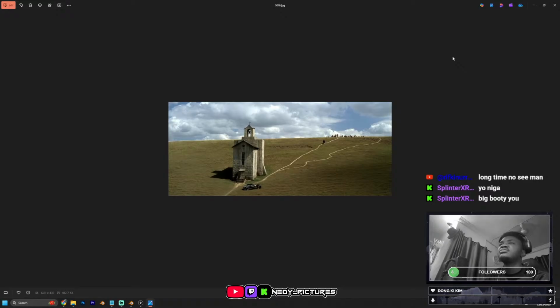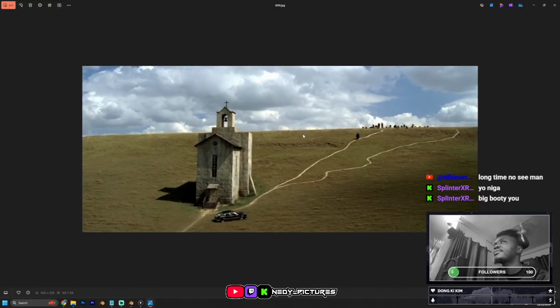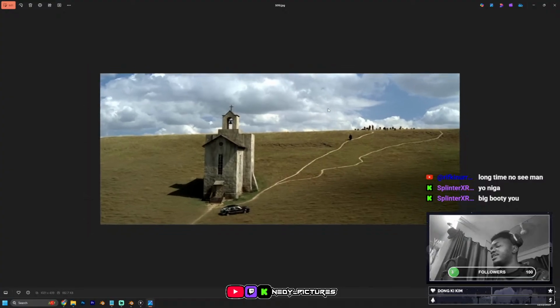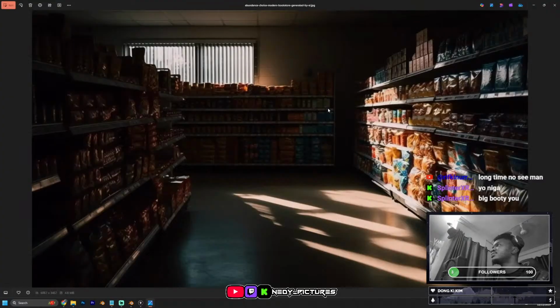I think the shape of this particular building, this church that you can see here, is very simple. Like it's very, very simple. But the floor is what is very, very dense when creating it. This is also beautiful. If you look at the lighting I was telling you guys about a moment ago, we